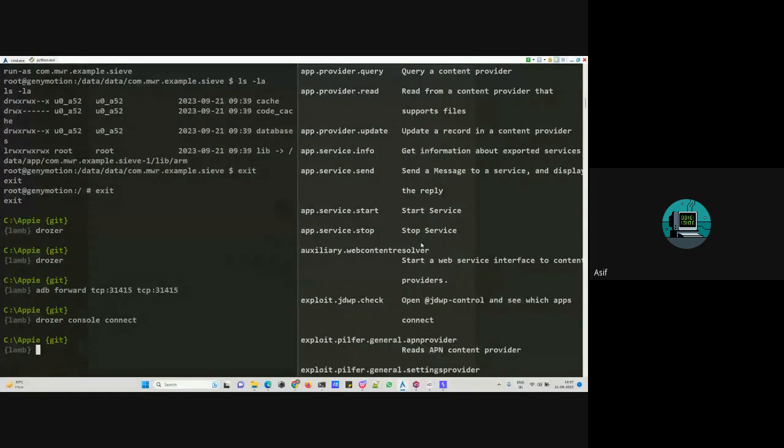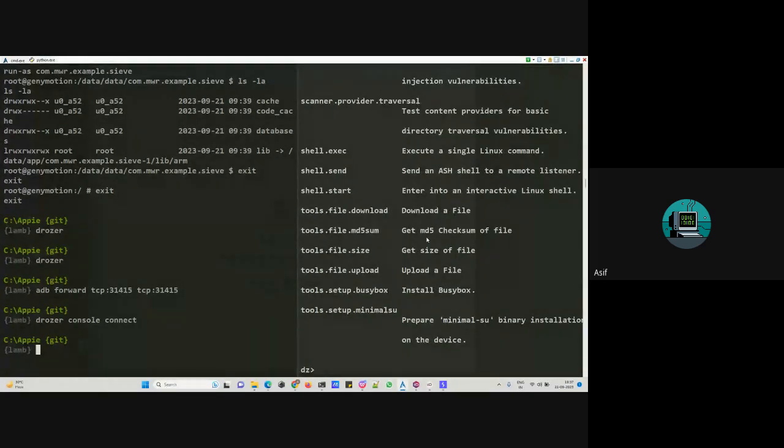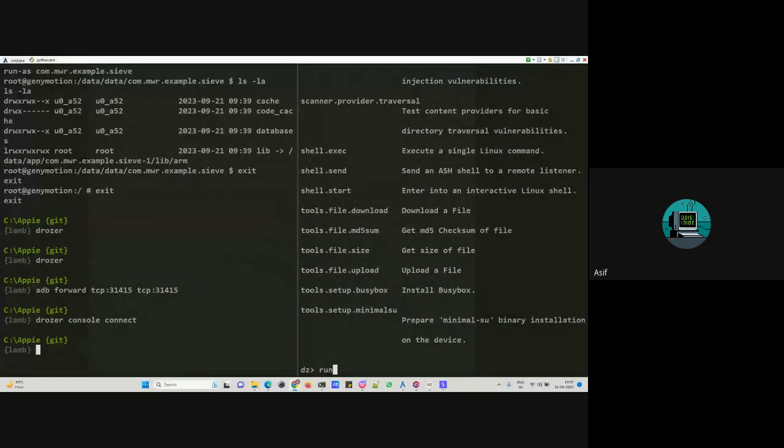This is the first command, which is ls, that you could use, similar to our Kali. The second thing is that we could use this command, run. Sorry, just a minute, guys. What we have to type is run app.package.list -f. Now we have to give any app name. For example, if I want to get, let us see,